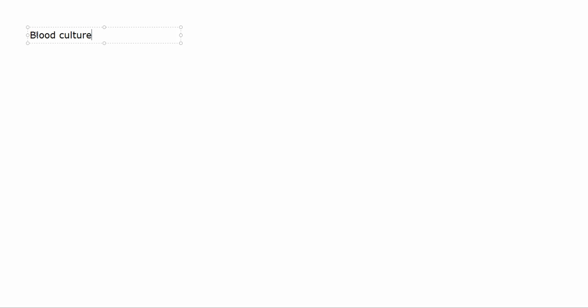Let's suppose the patient is having fever and you are not able to distinguish. Let's suppose the patient has pyrexia of unknown origin, and you're not able to see any other clinical symptoms, or you are suspecting that the patient might have a bacterial infection. That is when you perform a blood culture.